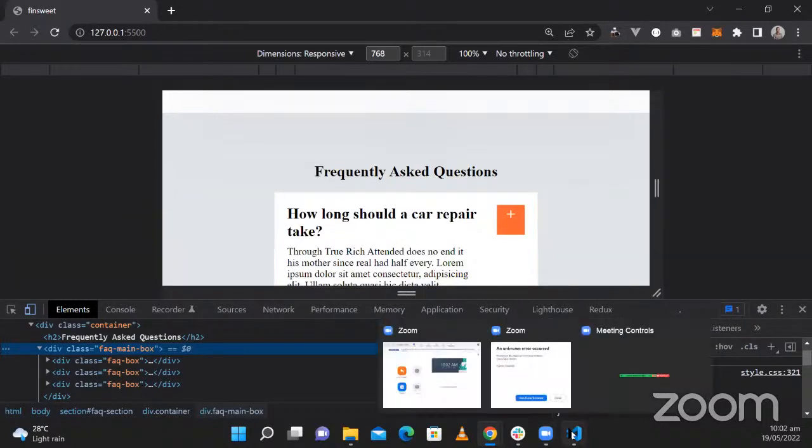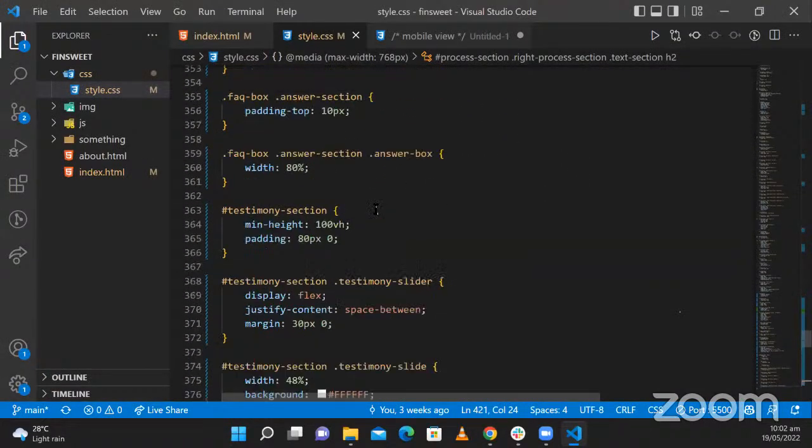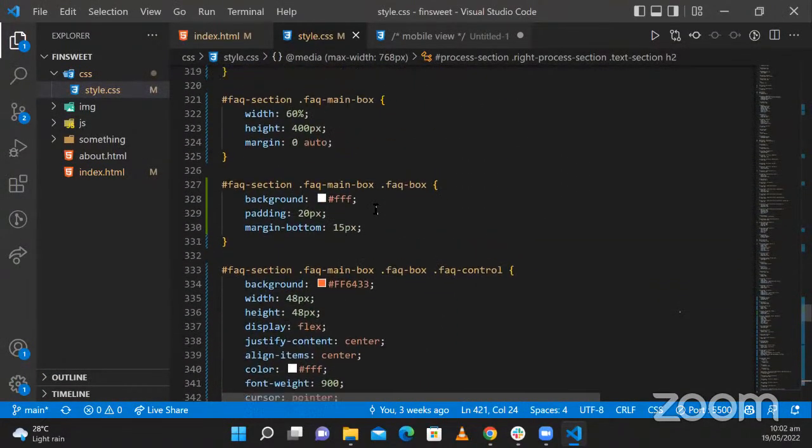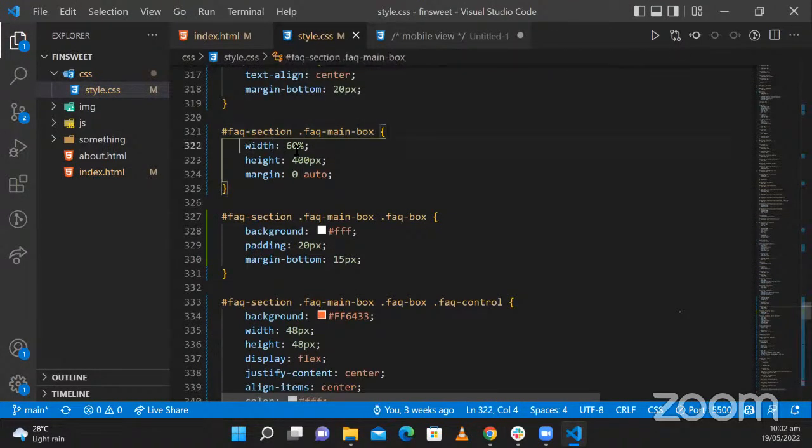If we come to our style.css and check 321, you actually see a main box which has a width of 60%, a height of 100 pixels. So what I want to do